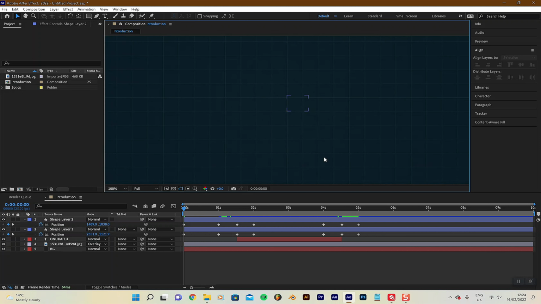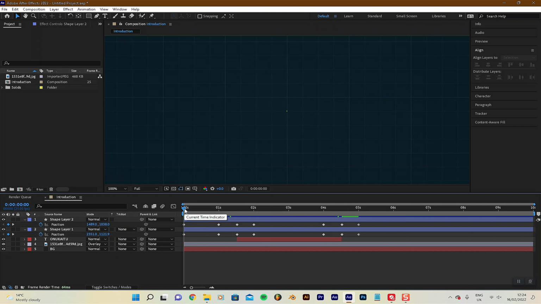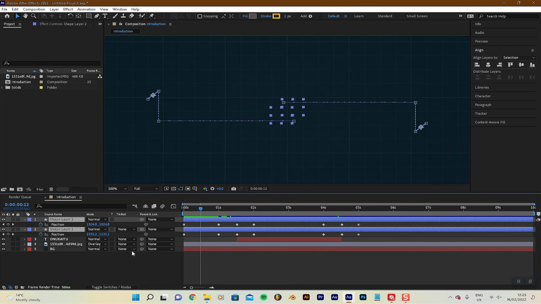Yeah, that's fine. So now you can see the dots. So here they come out. So yeah, if you move these keyframes to 13 frames, and then if you copy them and paste them to 1 second,